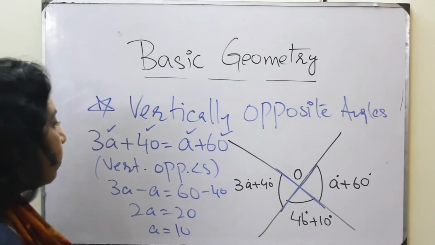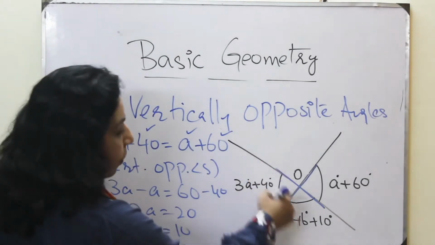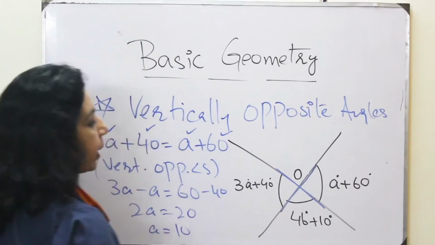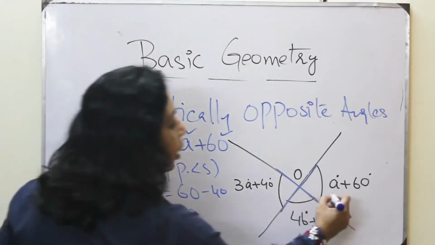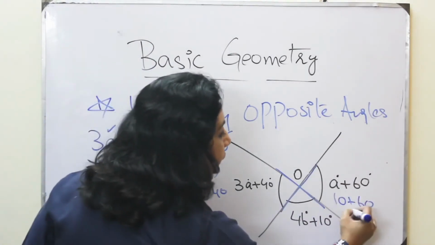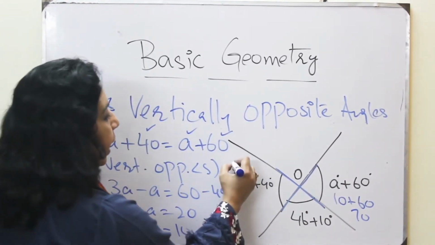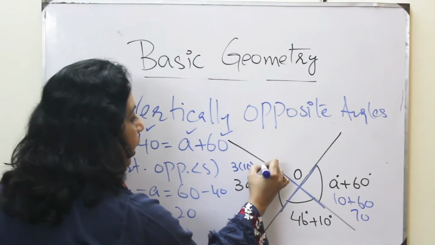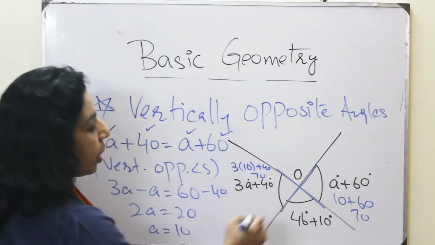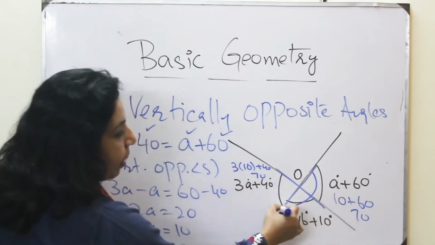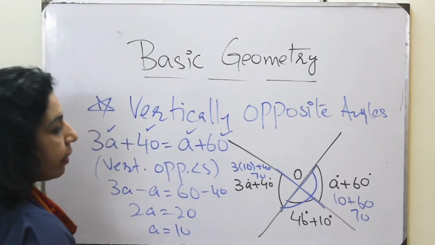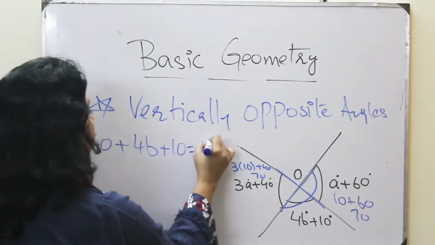Now we have to find B. We can find B from this side or from that side, but for that we have to put the value of A equals 10, and this angle is 70. You can also check from this side: 3A, 3 into 10 plus 40 will give you 70. So if I take these two, A plus 60, that is 70, plus 4B plus 10 equals 180,